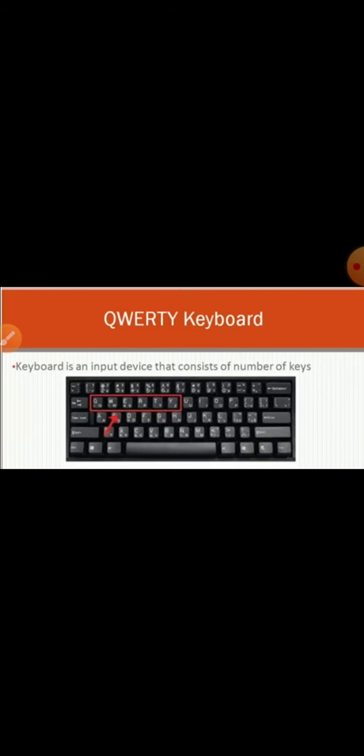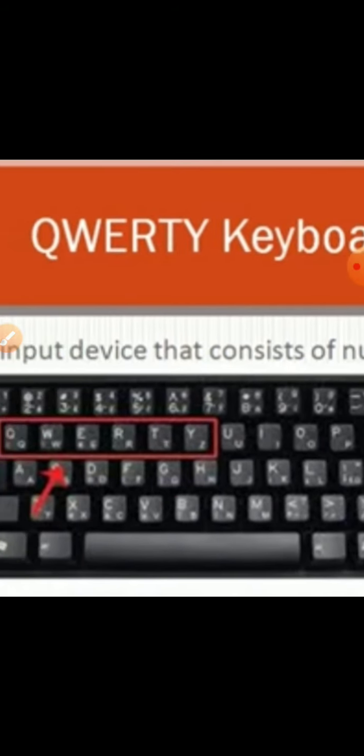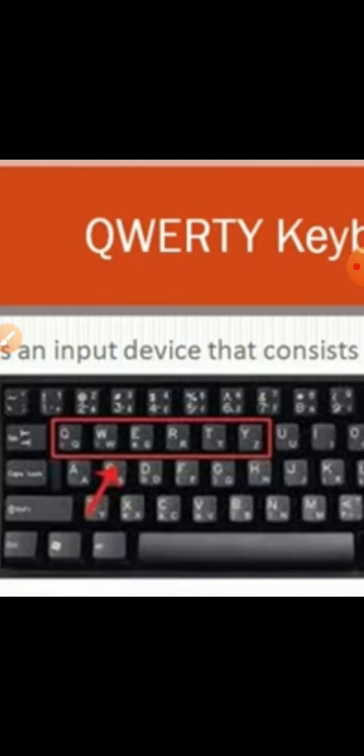So, children, in your last class, we learned about our QWERTY keyboard. Nowadays, we all use the QWERTY keyboard because it is written from Q to Y in the first row of your keyboard.